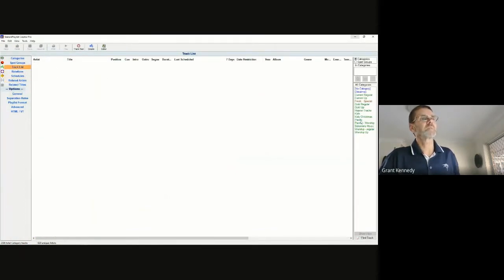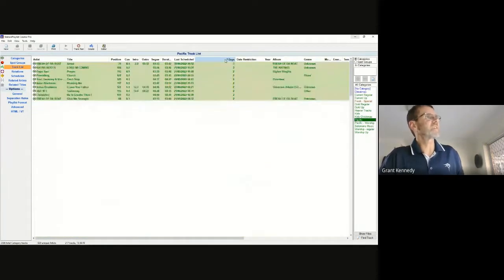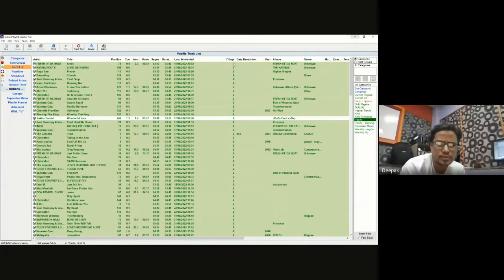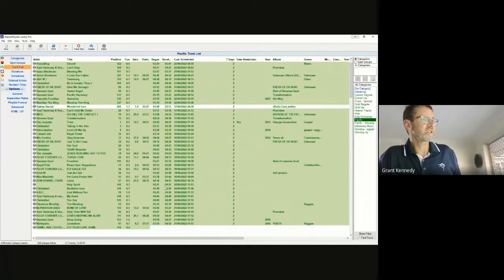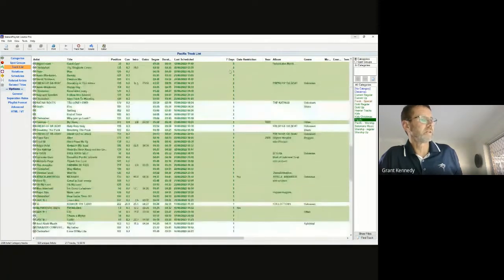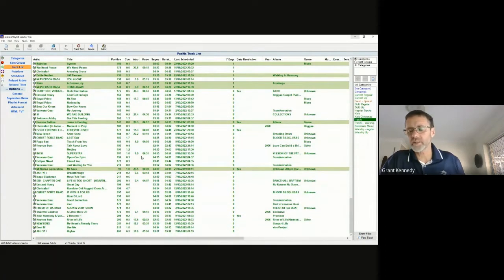if I go to my Pacific tracks, again, in the last 7 days, the song Amen by Fresh Off the Boat has been scheduled 3 times. You can see that there are songs scheduled 3, most are scheduled 2 or 1 once over the last 7 days, and some of them haven't been scheduled at all. Some of those are because they have date restrictions on those songs, but others it just hasn't scheduled in the last 7 days.